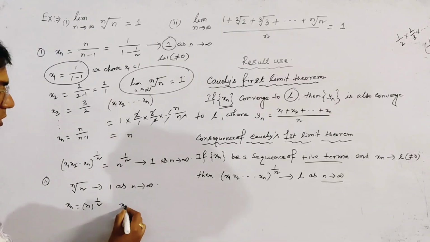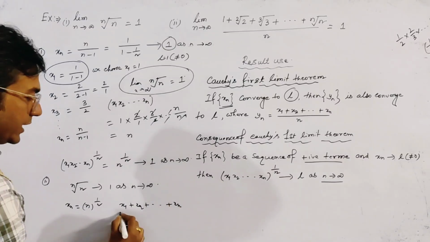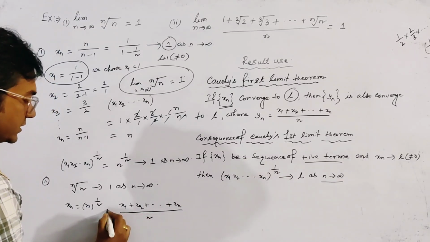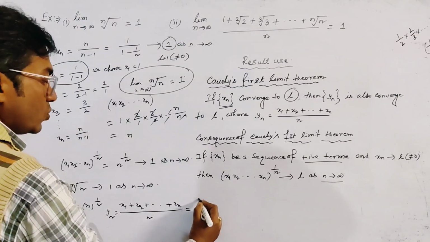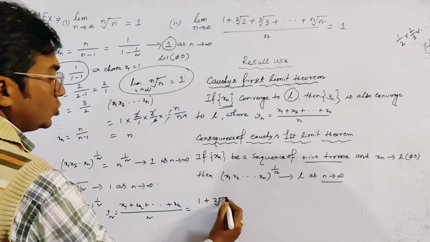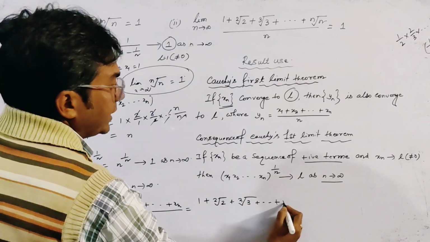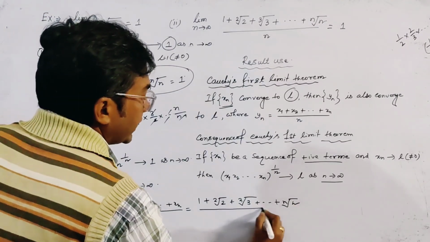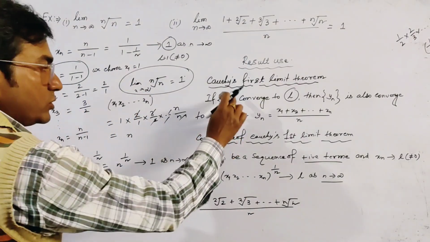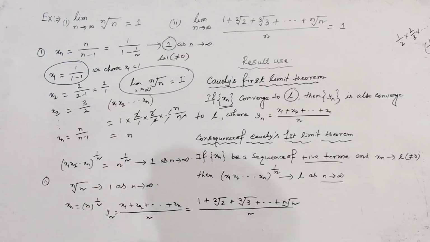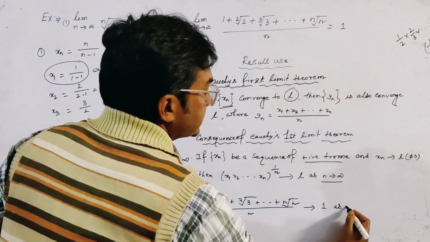Now (x1 + x2 + ... + xn) by n, we take this as yn, and this gives 1 plus 2 root of 2 plus cube root of 3 up to nth root of n, all by n. Clearly, by Cauchy's first limit theorem, this tends to 1 as n tends to infinity,